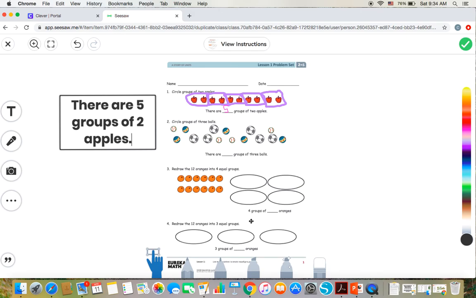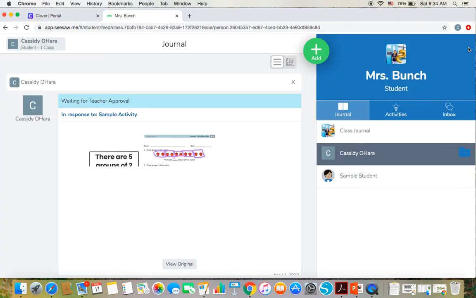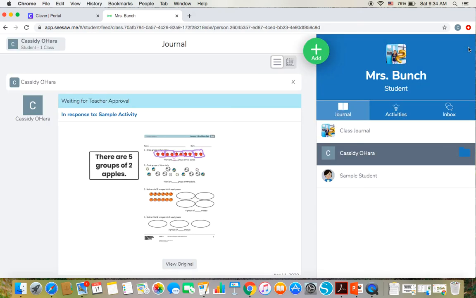Once they move all the way through the questions for that assignment, up in the right-hand corner, they're going to click the green check mark, and it's going to upload it and submit it to myself on the teacher page. And you can see where it says waiting for teacher approval. From my end, I will be able to go in, view how your student answered those questions, and provide feedback, and that way I can keep track of how the students are moving through